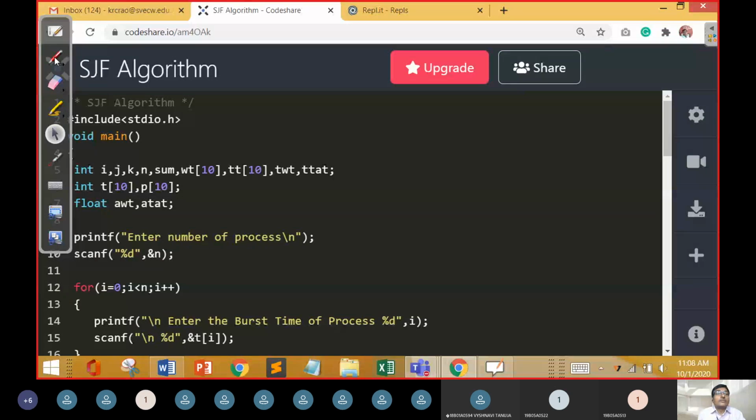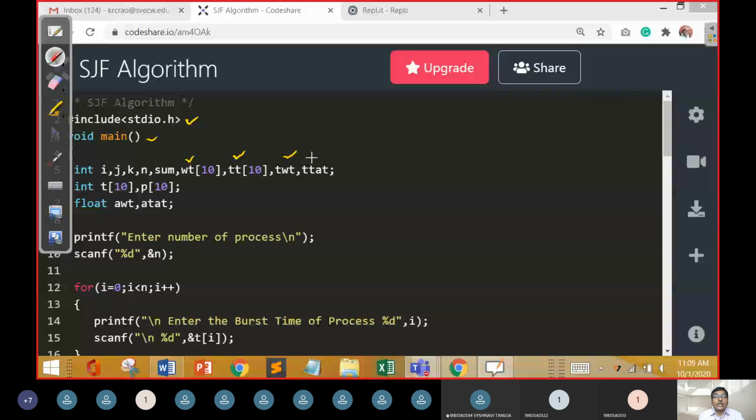In shortest job first, we are going to have the header file. After the header file, we have void main, and then we have temporary variables. WT stands for waiting time, TTT stands for total turnaround time, and total waiting time.